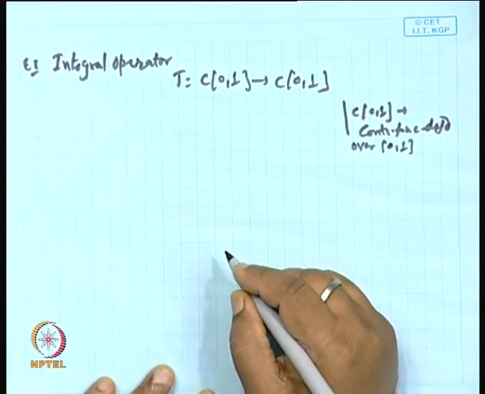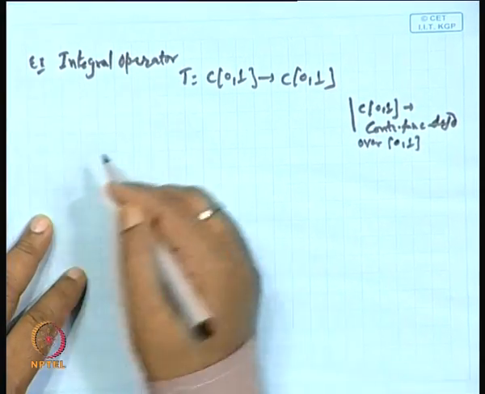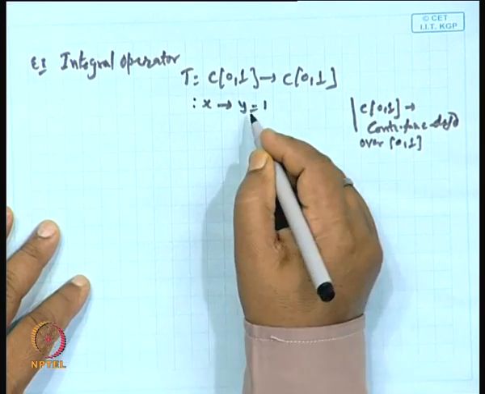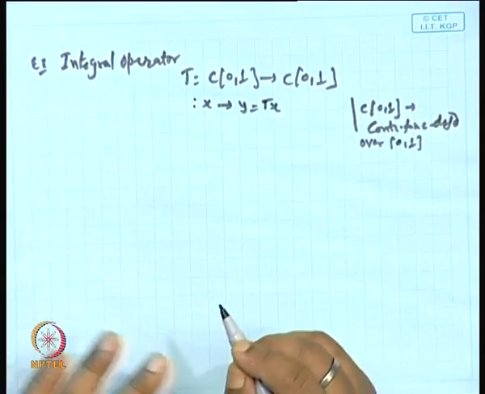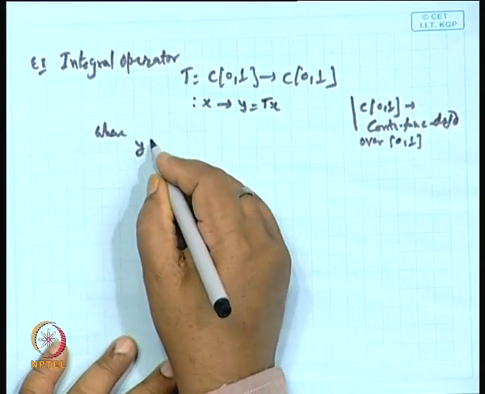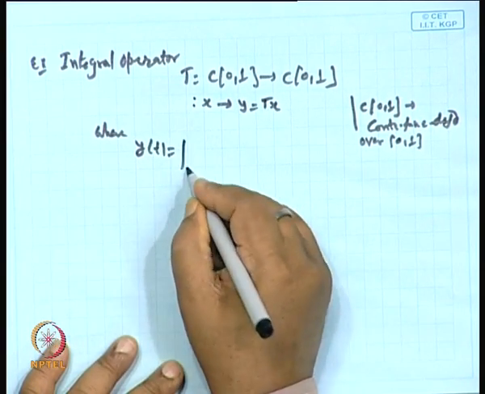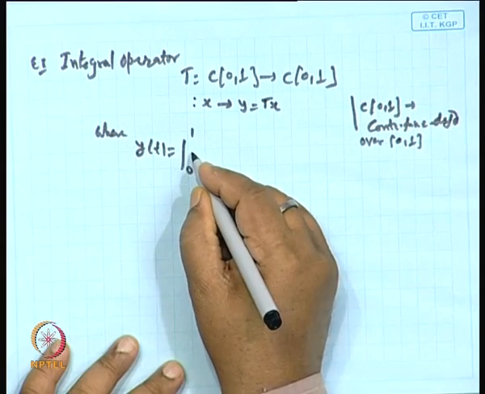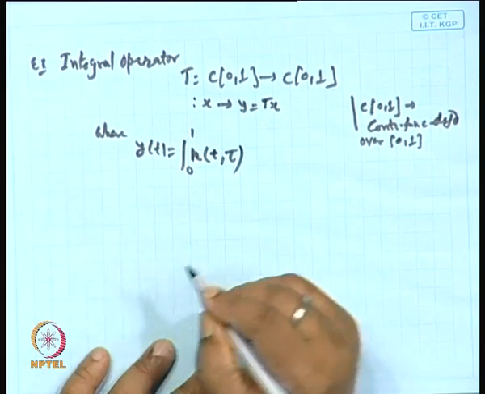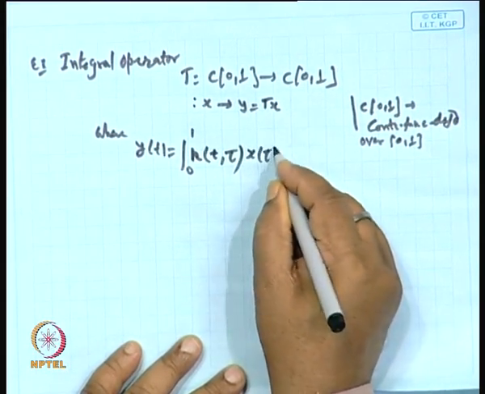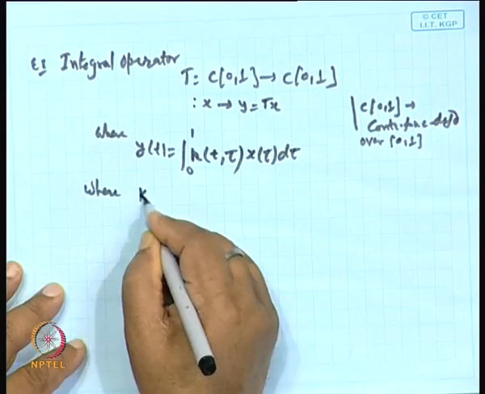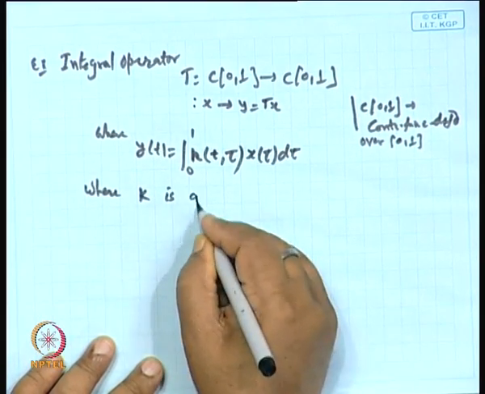So, if we take a point x here, the corresponding value y comes to be in the form of T x, which is also continuous, where y is defined as the integral from 0 to 1 of k(t, tau) x(tau) d tau, where k is a given function,